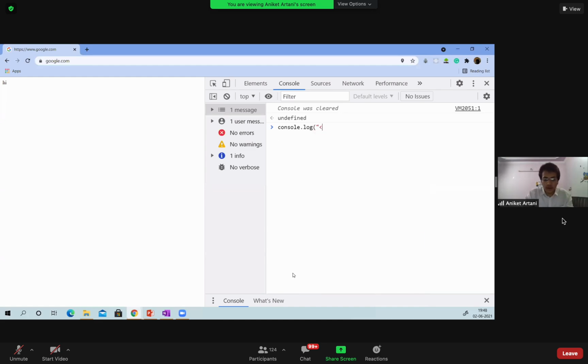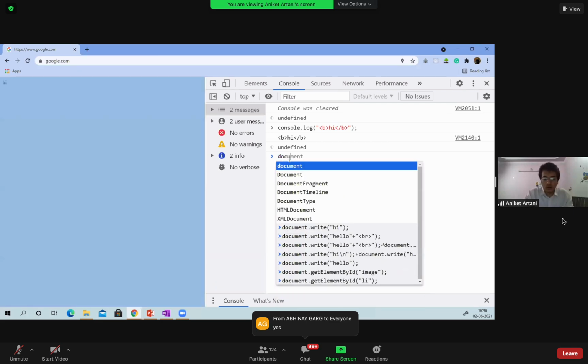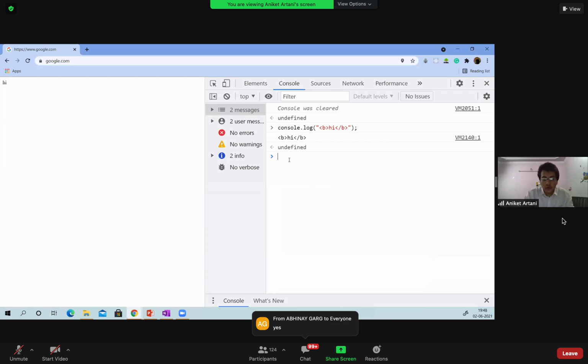Console.log, and what we can do, actually, is use HTML tags inside it, and the closing tag. Again, it is showing that error. So yeah, now you tell me why it is showing this type of error.